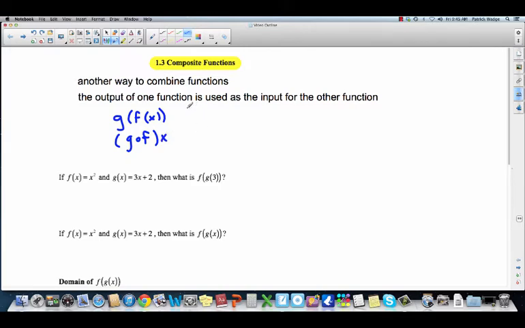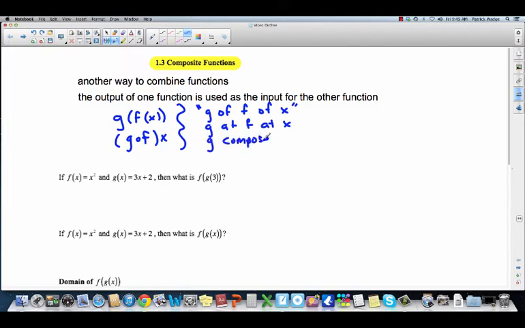There's a whole bunch of different ways you can call this. The way I usually call it, so if it was written like this, I usually call that g of f of x. That's usually what I'll say. Other ways you could say it is g at f at x. Another way you could say it is g